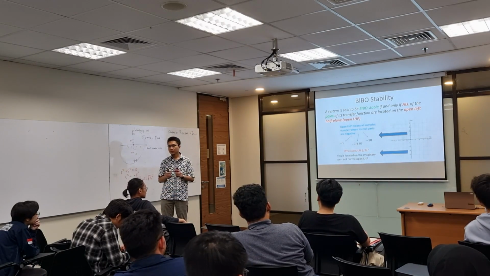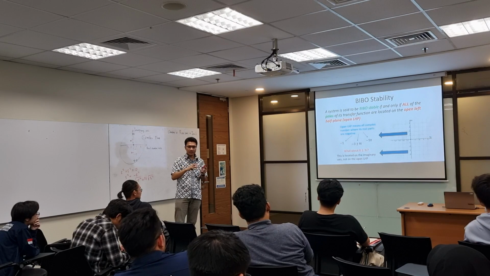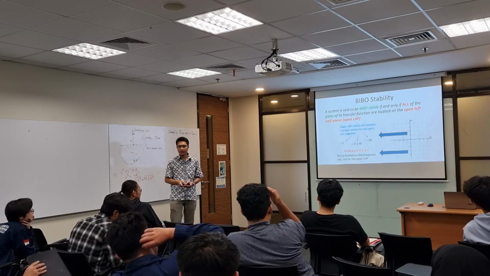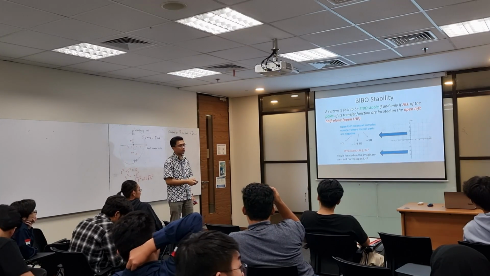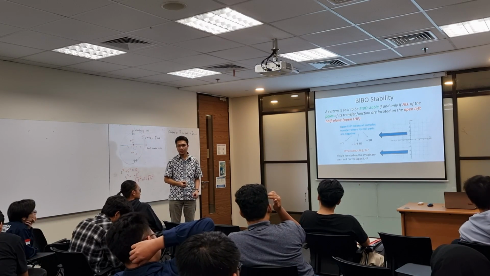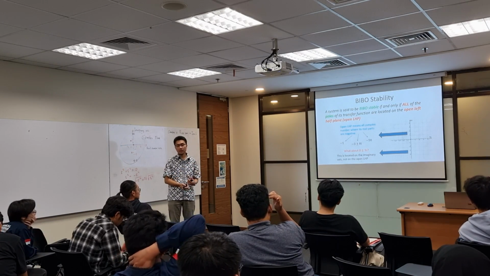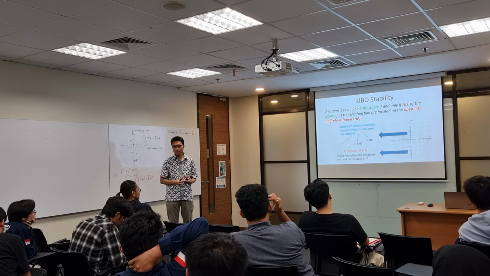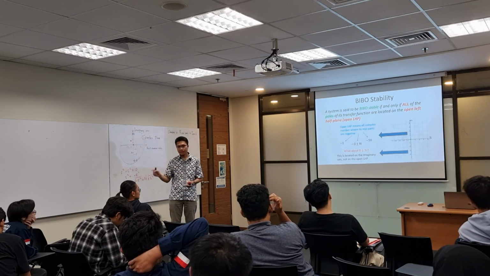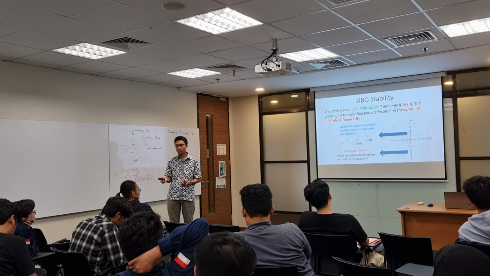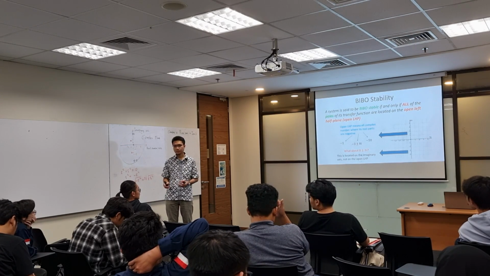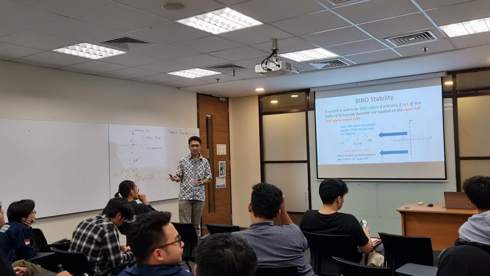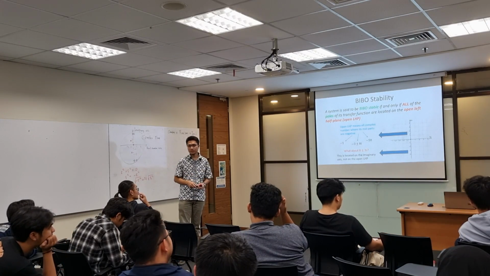Now, after we learn about the pole and zero of a transfer function, then we can discuss about the BIBO stability. BIBO stands for bounded input, bounded output. For transfer function based control system, we use the term BIBO stability. Meanwhile, for the time domain base, where we use state space, we use the term asymptotic stability. Those are two different things. And the asymptotic stability is more robust. But let us talk about BIBO stability first.